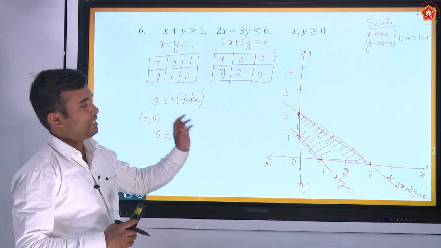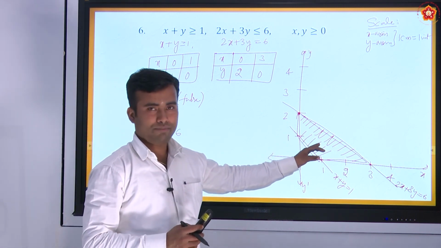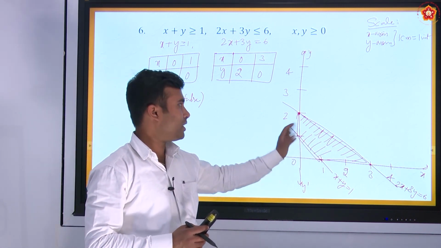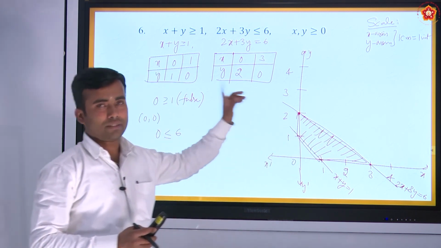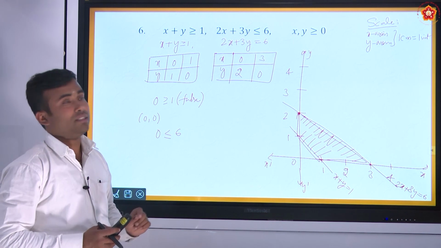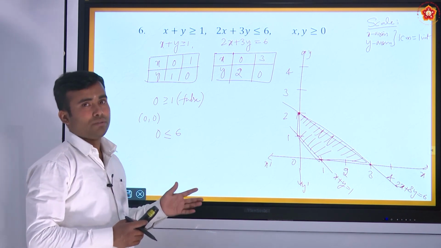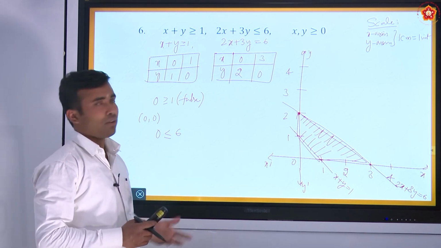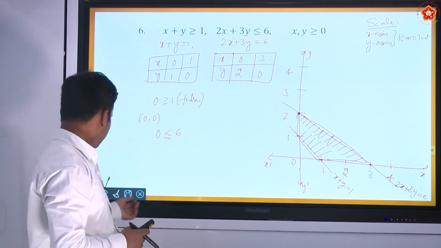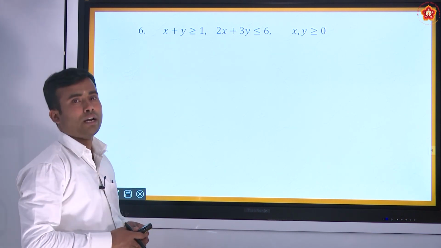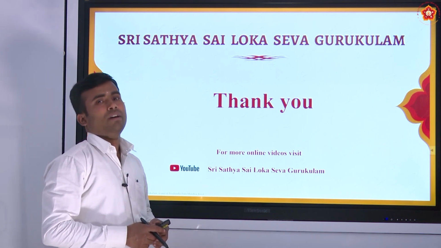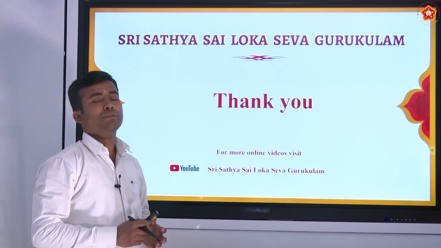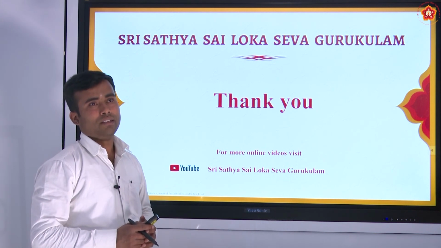Therefore we can say any point within this region, you can take any value for x and any value for y within this region, and those 2 values satisfy the given inequality. That's how we can find the solution for the given inequality by the graphical method. And this completes exercise 9.6. In the next class, we're going to do the terminal exercise.